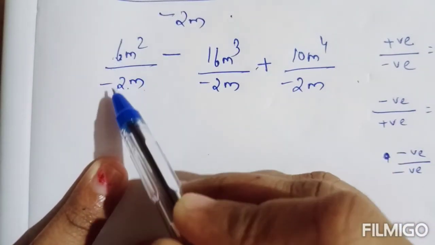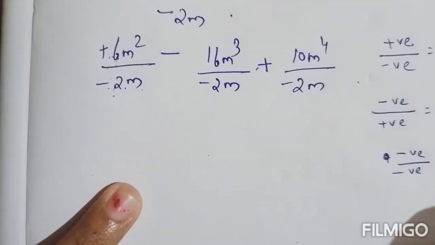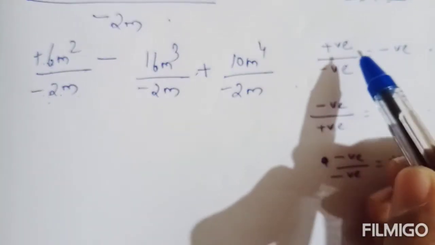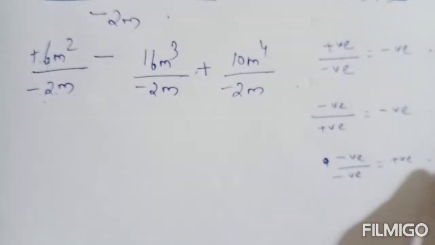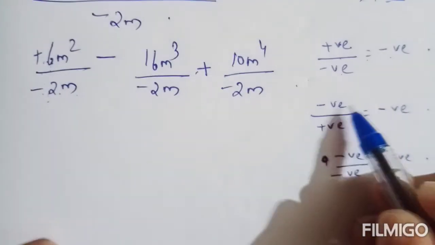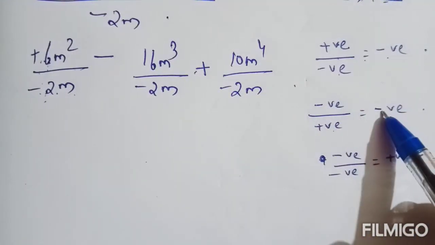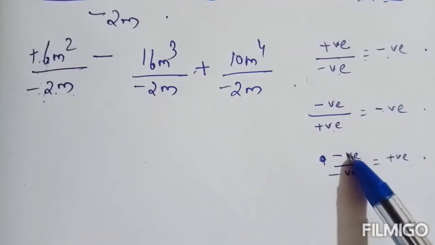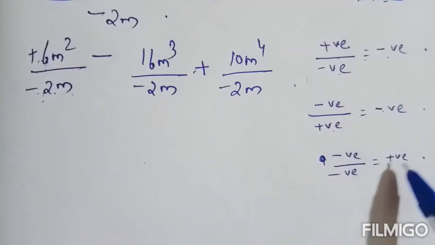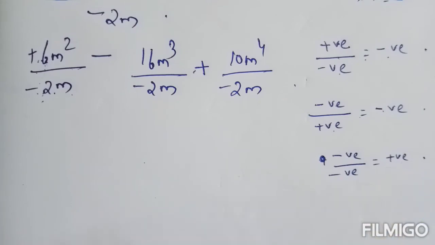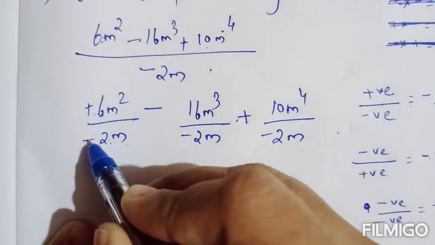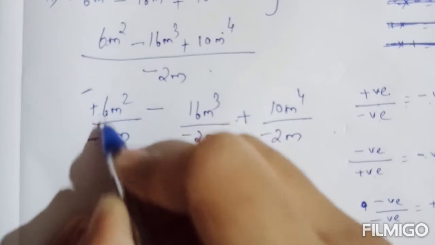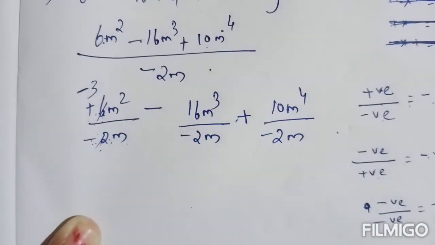So 6 divided by minus 2. Simply 6 means it is positive 6 divided by minus 2. So always remember this rule. A positive number divided by a negative number, you will get a negative number. Similarly, a negative number divided by a positive number, you will get a negative number. Then two negative numbers, if you divide, you will get a positive number as the answer. So here positive 6 by negative 2, positive by negative is negative. 6 by 2 we know is 3. So minus 3 will be the answer.